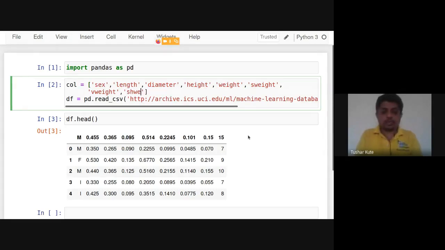Column names I'm giving by my idea. 1, 2, 3, 4, 5, 6, 7, 8, 9. The ninth one is rings. How many rings it is having? So see, this is what I created here. Column names I assigned. You can take them from the syllabus itself. The same names are there. I want to assign these names to the columns. Then a perfect data frame with proper column names is possible.